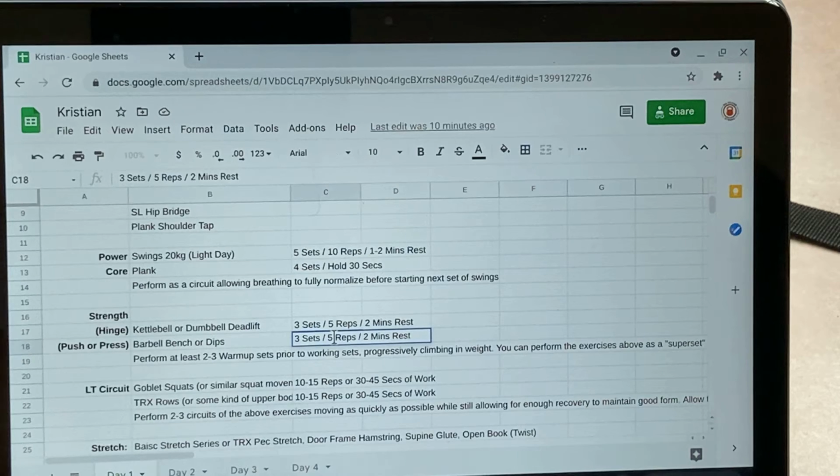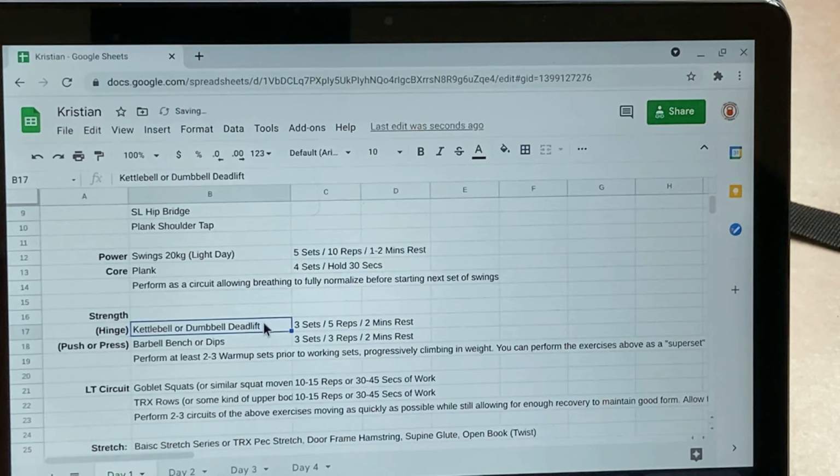So on your day 1, you're going to be doing 3 sets of 5 repetitions with your deadlift. Now, the first day, what you want to do is find out roughly what weight to be working with. I would scale up to where you can find a weight where you can comfortably do about 8 repetitions. 8 repetitions is challenging, but doable. I would start there. Go 3 sets of 5. Depending upon the increments of the weight, every week you can gently progress that a little bit. But I would find roughly your 8 rep max, and then I would do your sets of 5 with that